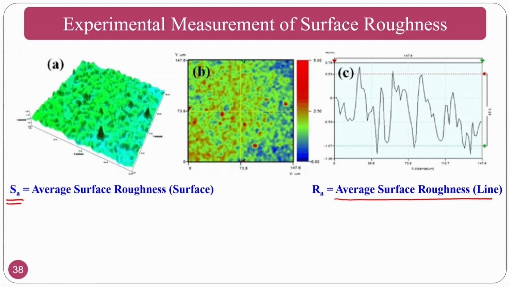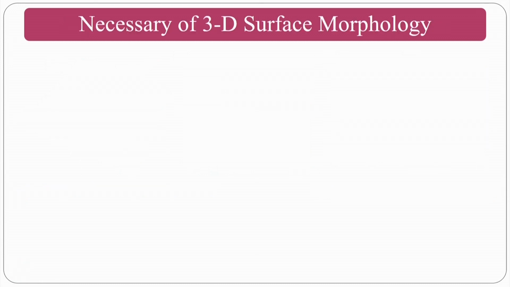Next you will have a surface profile of 2 dimensions like this, and furthermore you will get a 3D surface profilometer image, and this is what the surface roughness looks like. Now we will see what is the importance of taking a surface profile in a 3D spectrum. That means that the 3D profile is required for us. That is what we will see here.